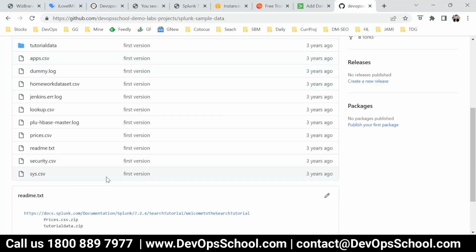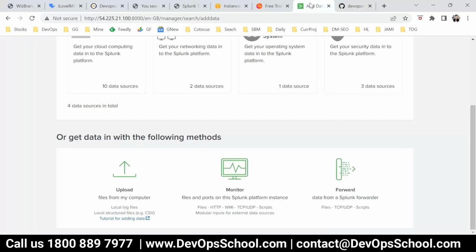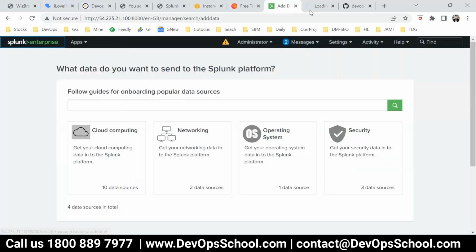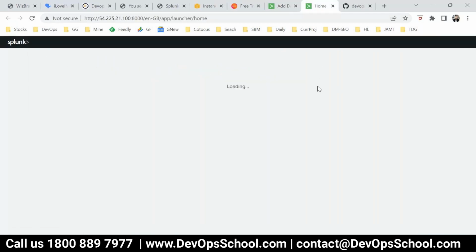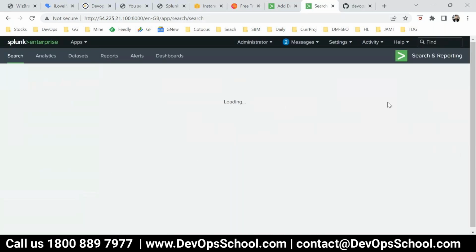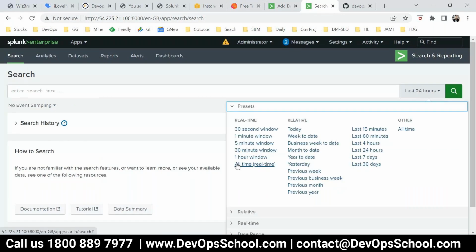So let's say I'll do a little bit of real work, because these logs are a little older. Every time I can upload the log, that's not a problem. But while searching the logs, I always have to select 3 years, 5 years, and that's really irritating. When we search, I have to select the logs from all time. So that's really irritating. So just for learning purposes, what I'll do is